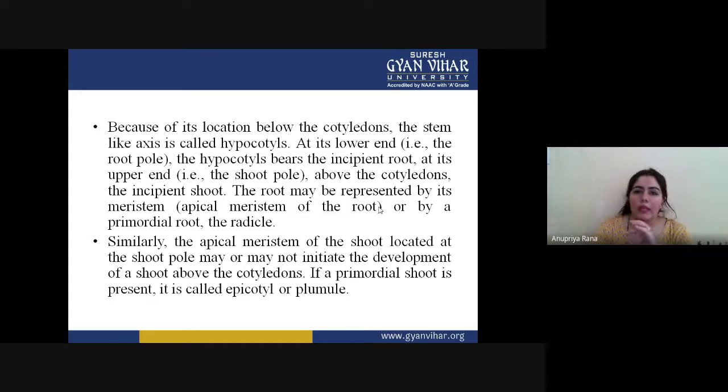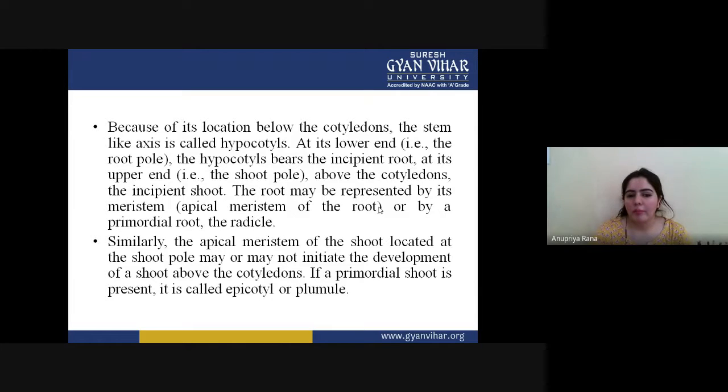So when the development of the root starts, the apical meristem of the root forms. We already studied the apical meristem theories, the root meristem theory and the shoot meristem theory. Both theories work differently. For the formation of the root, several kinds of cells or layers are formed. And to see how the shoot is going to perform, a different shoot apical meristem theory works on it. Similarly, the apical meristem of the shoot, located at the shoot pole,